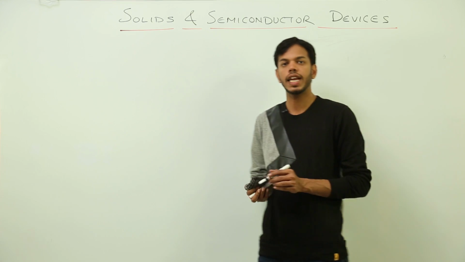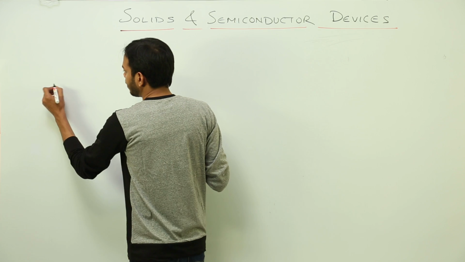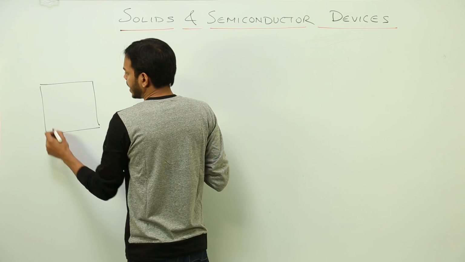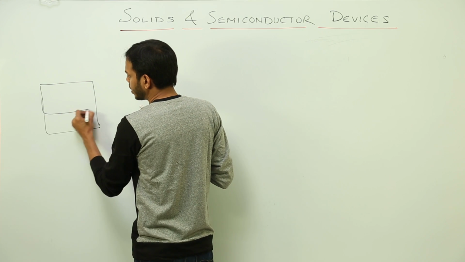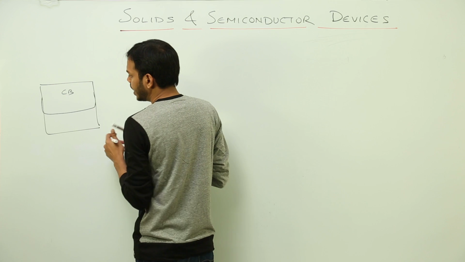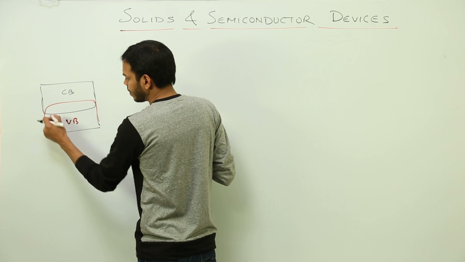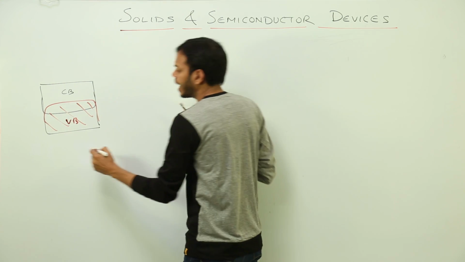So on the basis of the energy band diagram, how we differentiate between conductors and insulators is this. When we talk about conductors, suppose the conduction band is up to this point. Okay, this is the conduction band. So the valence band actually overlaps the conduction band. Alright, so this is the difference. This is the energy band diagram in case of